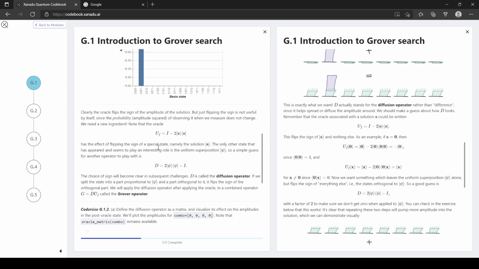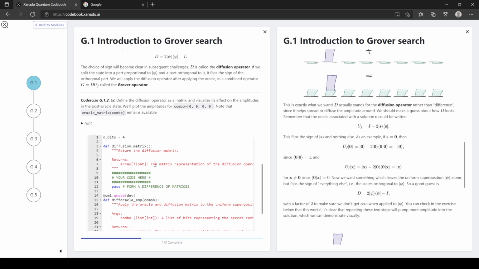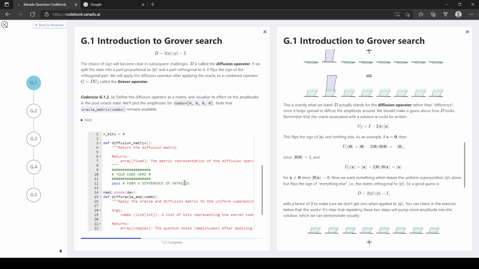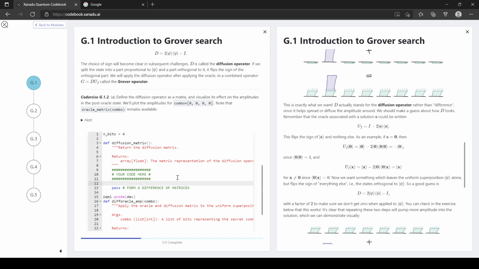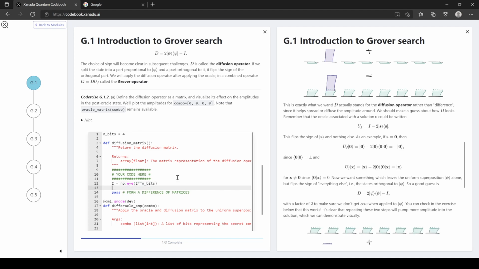Now we need a new operator, and this is the diffusion operator, which I covered extensively before. So now we can define the operator as a matrix and visualize. Oh, fine. Okay. So we want to do I equals np.identity of 2 to the bits. Might as well be general here. And then I'll do the other one. So phi equals